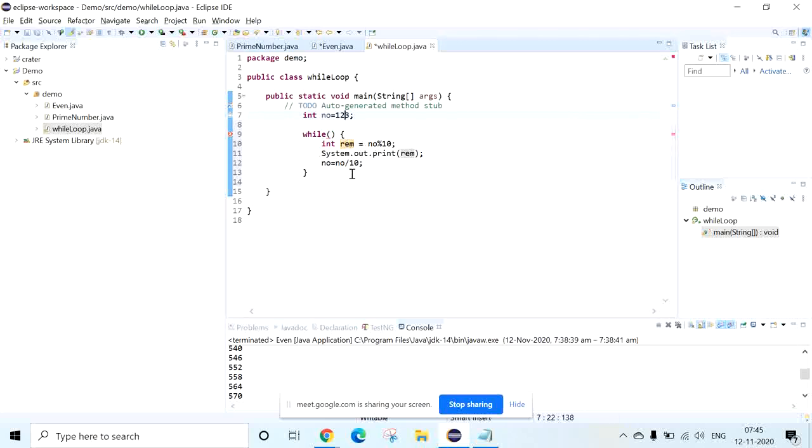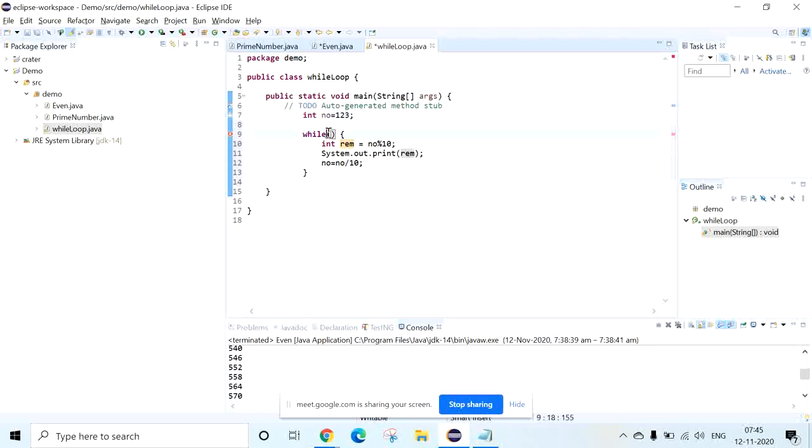Again it comes inside, 12 modulus 10, you get remainder 2, then print 2. Then the number divided by 10 gives 1. The condition is still true, 1 modulus 10 gives 1, so we print 1, and you get 321 printed as 3, 2, 1.